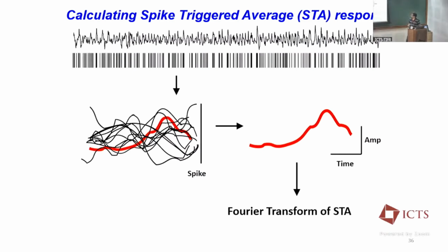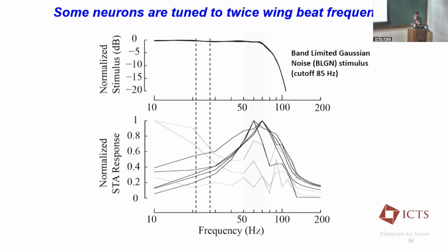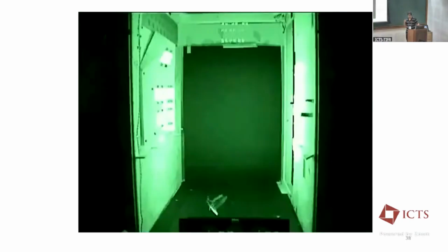And so it's using techniques like this that, in the previous case, in the experiments where we recorded from Johnson's organs, we showed that there were a large number of units tuned to, again, this twice wing beat frequency regime. So the final step then was, of course, to ask, well, what happens if you actually stop the Johnson's organ from